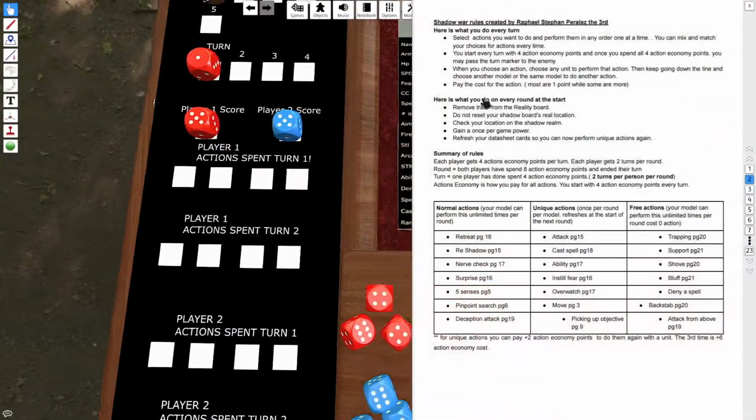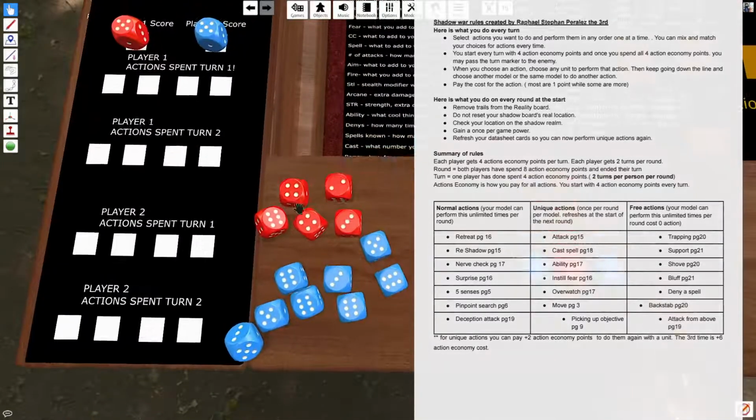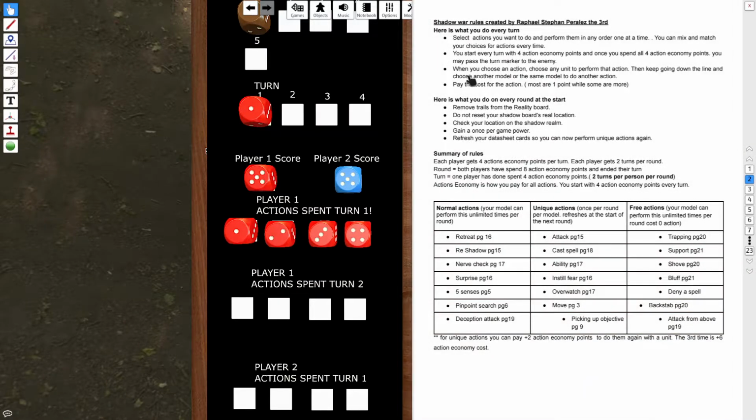Red player, you start every turn with 4 action economy points, and once you spend all 4 points, you may pass the turn to the enemy, okay? So you start with 4. Alright. Now how do I want to spend them? When you choose an action, you choose a unit to perform that action, then keep going